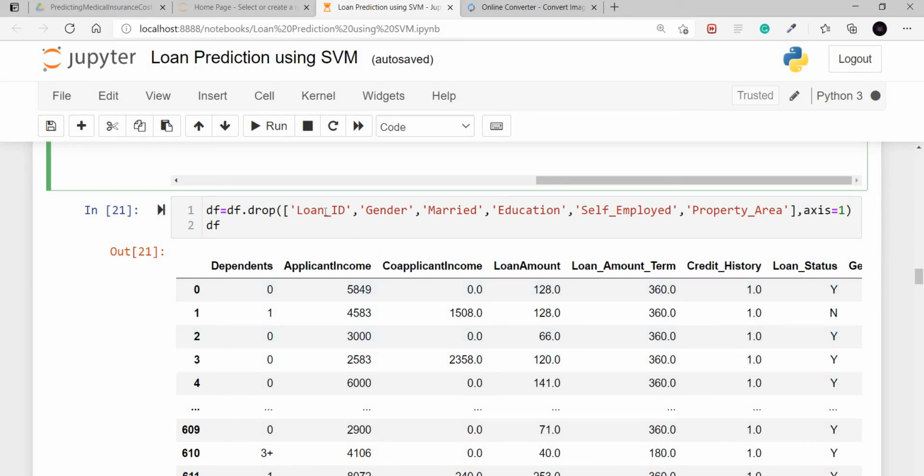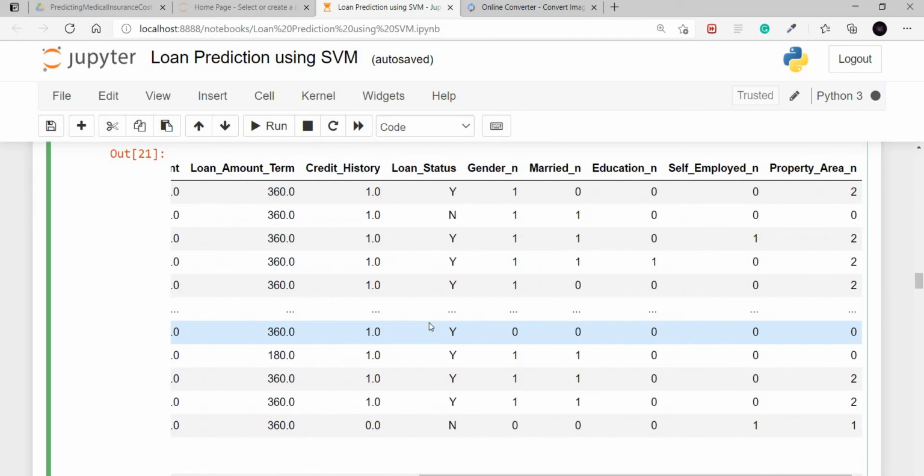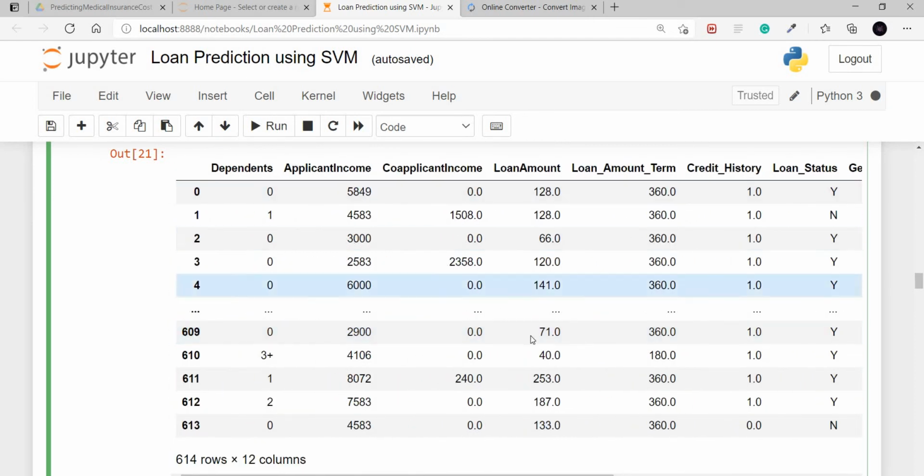So I'm dropping loan ID, gender, married, education, self-employed, property area, all these columns from the data set. Now if we show our data frame, we can see we are left with only the columns which are needed.